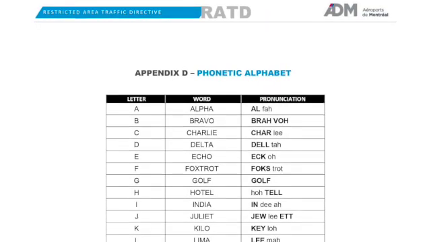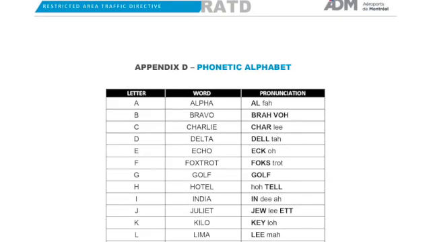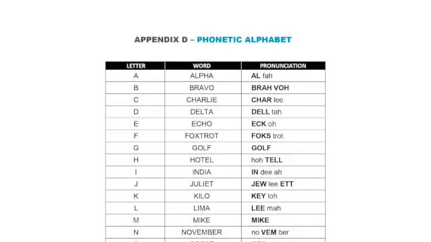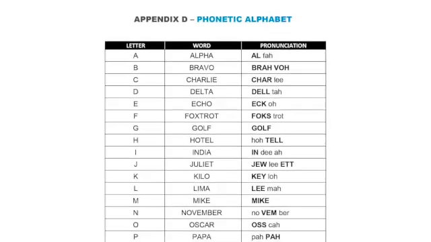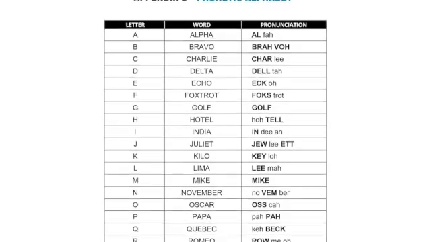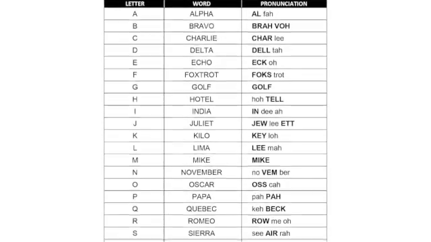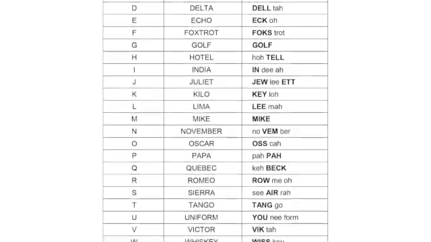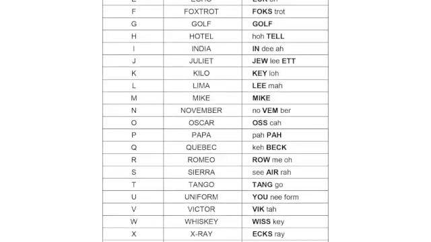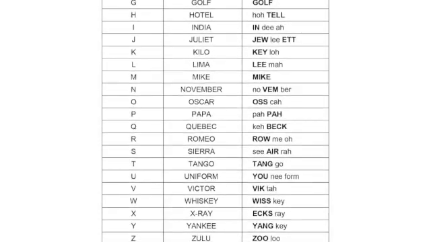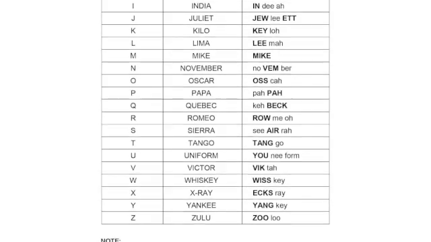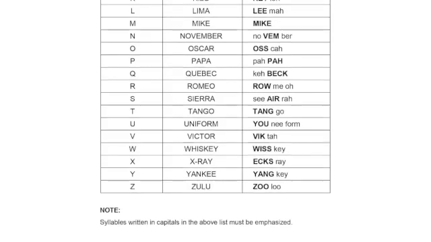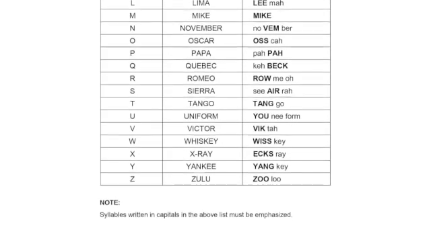Appendix D. Phonetic alphabet, letter and word pronunciation: A Alpha, B Bravo, C Charlie, D Delta, E Echo, F Foxtrot, G Golf, H Hotel, I India, J Juliet, K Kilo, L Lima, M Mike, N November, O Oscar, P Papa, Q Quebec, R Romeo, S Sierra, T Tango, U Uniform, V Victor, W Whiskey, X X-ray, Y Yankee, Z Zulu. Note, syllables written in capitals in the above list